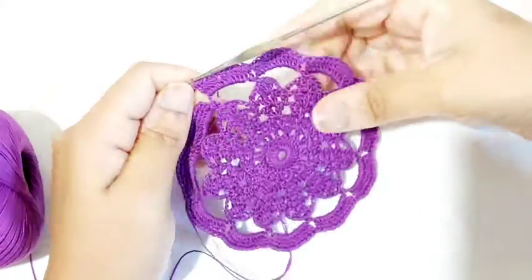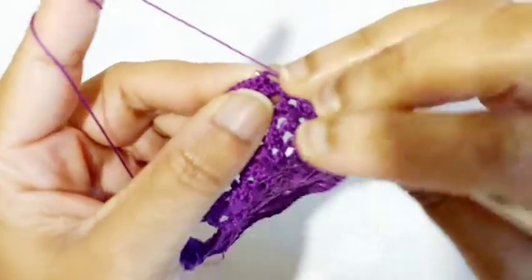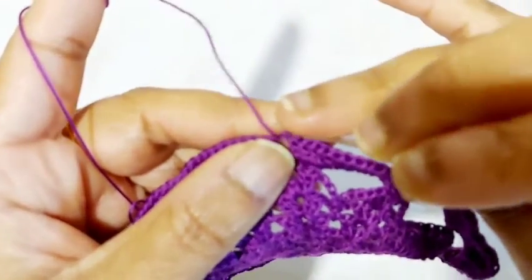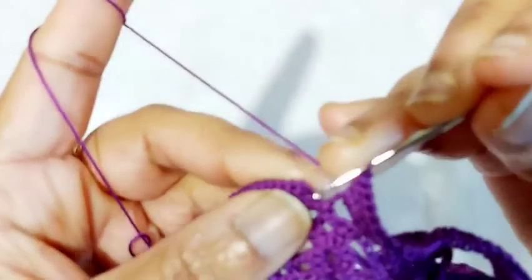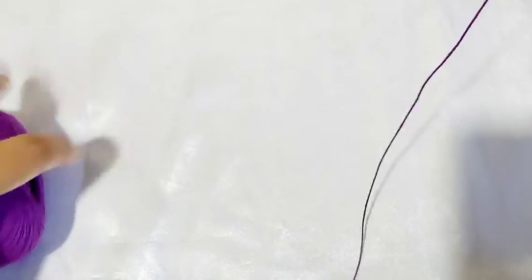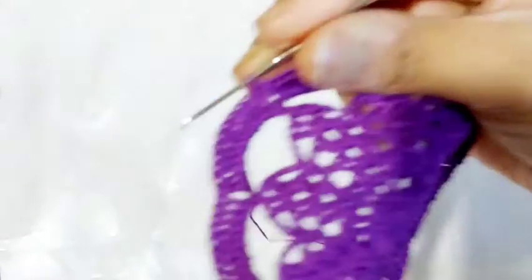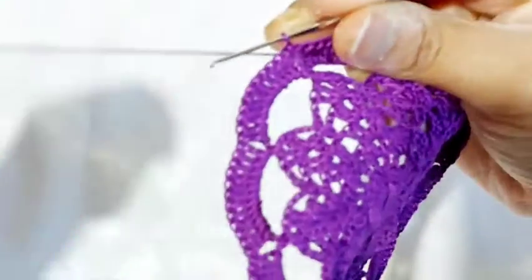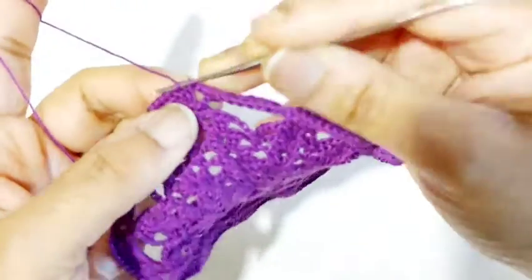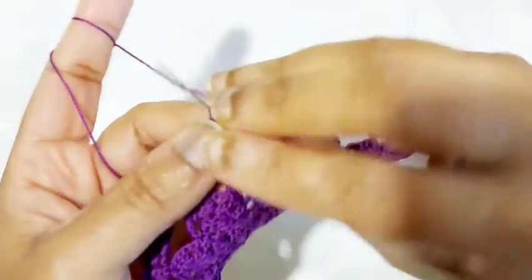Okay, I have come to the end of row 8, and now I'll have to slip stitch to the top of this chain 3 here on the 3rd chain. Now for row 9, I'll have to slip stitch on the first stitch here, slip stitch, and then chain 3, 1, 2, 3,